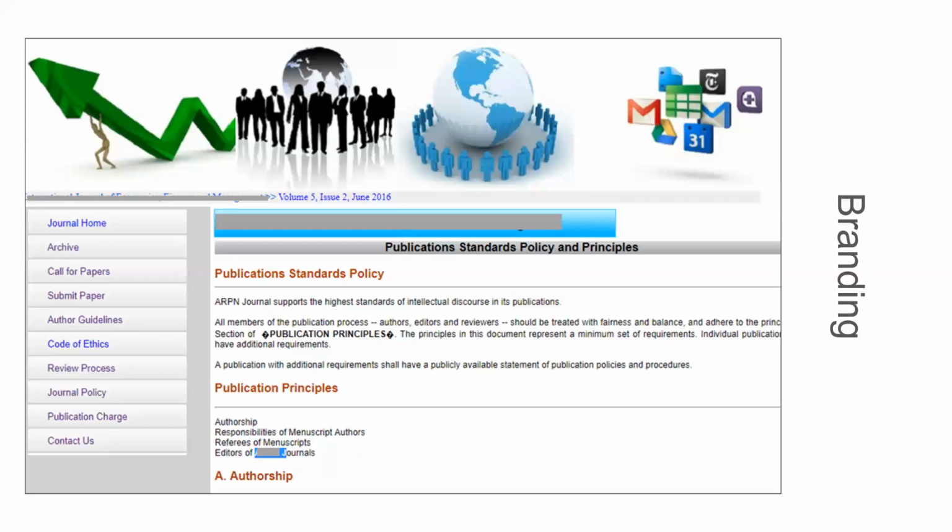So there's also some garbage characters here, which usually indicates that things have been copy-pasted. There's also lack of transparency, so using an acronym which is not explained, where the name is of the journal or the group of journals, right? So I've taken out the name of the journal, but this is a real example of a journal that exists